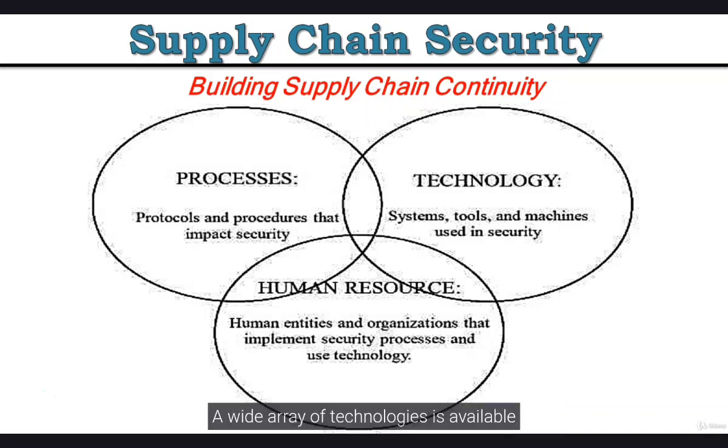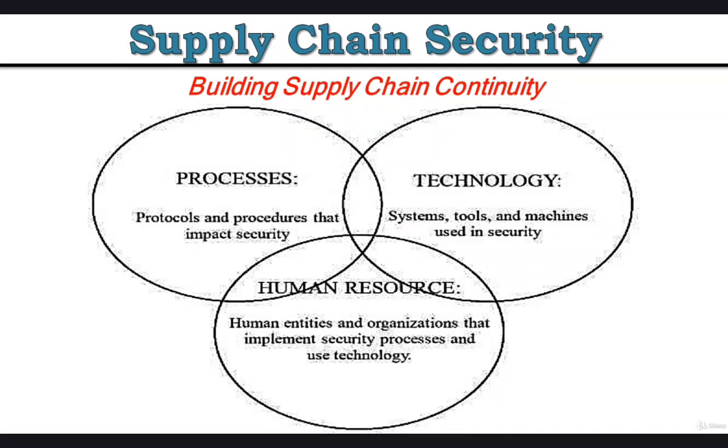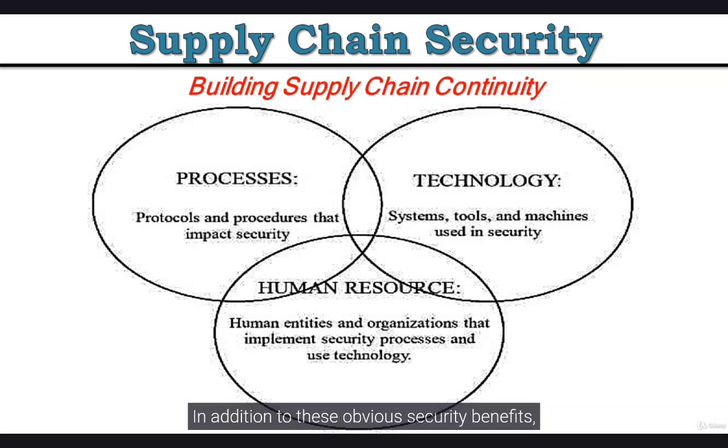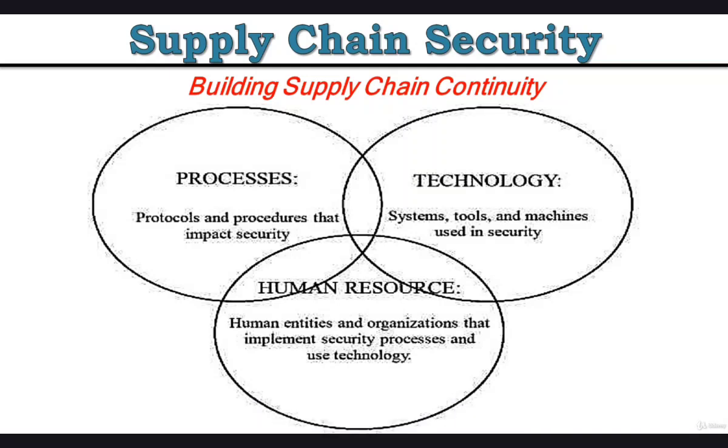A wide array of technologies is available that range from active telecommunications to traditional visual barcodes and labels to electronic sensors. These technologies permit shippers to track their shipments at all times, monitor their status, and provide network visibility that can prevent tampering and mishandling, as well as provide overall shipment integrity. In addition to these obvious security benefits, the use of technologies can provide other benefits, which include increased efficiency and productivity, reliability, and improved service quality.